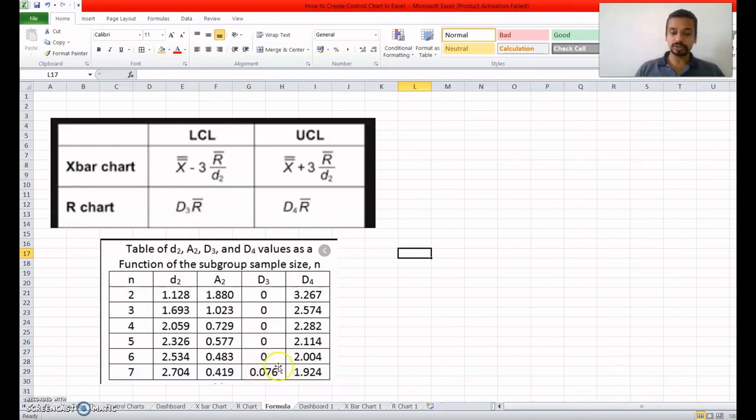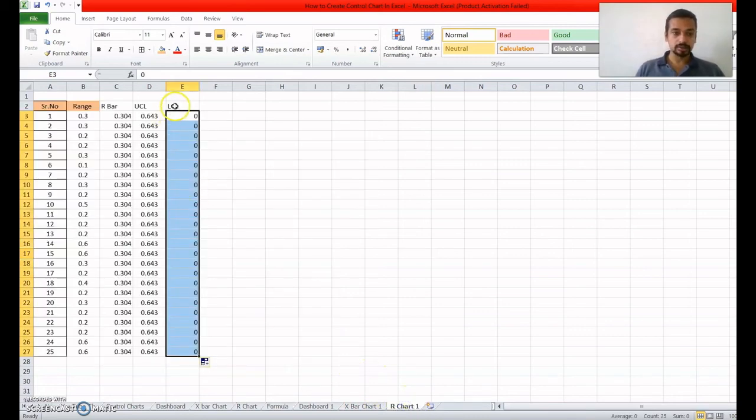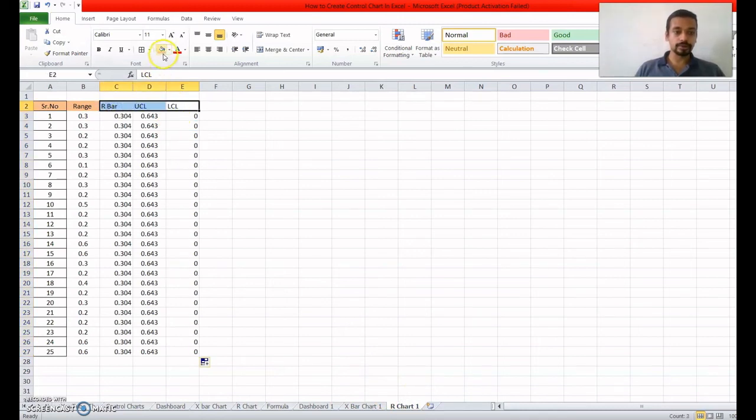From 7 you can find there will be some value after the 7 subgroup, but till 6 we can write 0. So our subgroup is 5, so we'll write 0. So 0 into R bar is 0. So we'll write 0 directly. So it is our lower control limit.